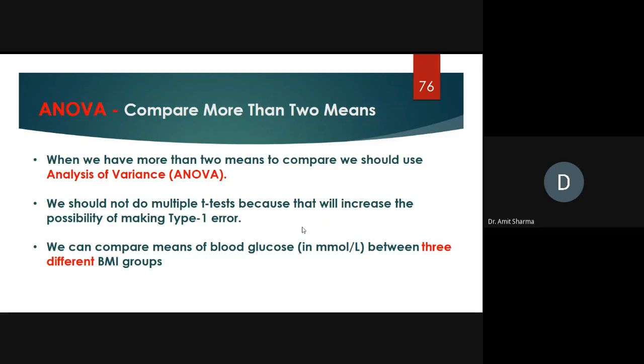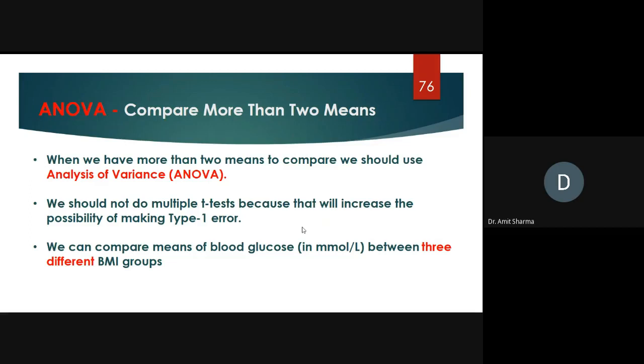So what we used to do in the compare-means test, here we are going to analyze three different groups. We can use four or five groups also, but the requirement for ANOVA is that we should have at least three different groups. We are going to compare the mean of group A with the mean of group B and the mean of group C. So three different means we are going to compare with each other.